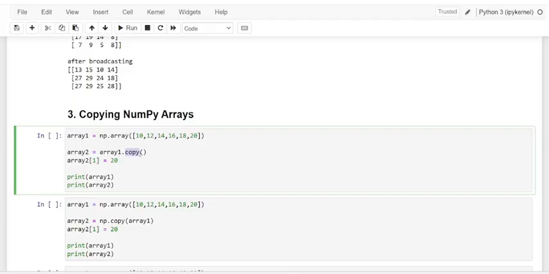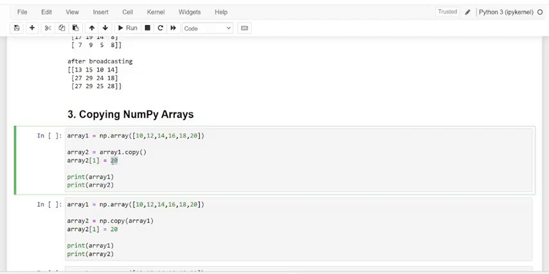And of course, here one more script is the copy of array2 when we make changes at index 1. See here, dear friends, I will explain it again. Here we have an array 10, 12, 14, 16, 18 and 20. These are the elements of an array which we specify as array1. And kindly note that array2 is a copy of array1. And here we go, we are going to change array2 at index 1.